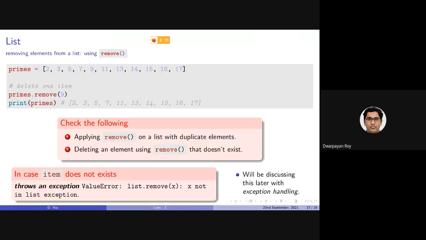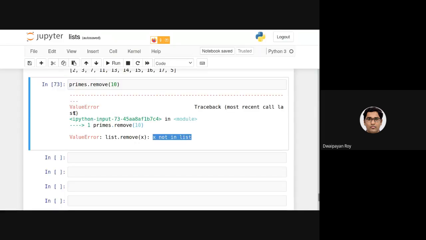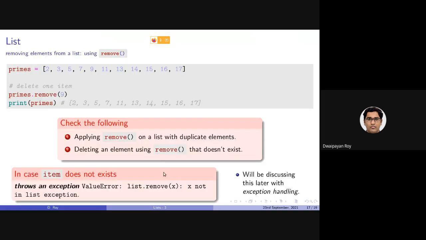This is basically called throwing an exception. This is an exceptional case. How this kind of situation can be handled will be discussed when we discuss exception handling, which is a very important topic.